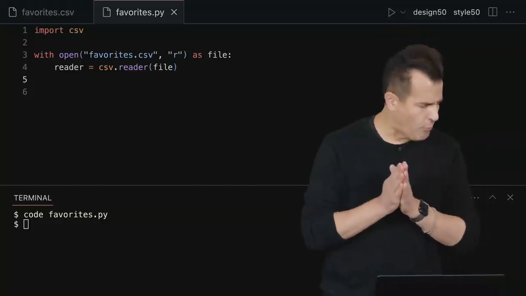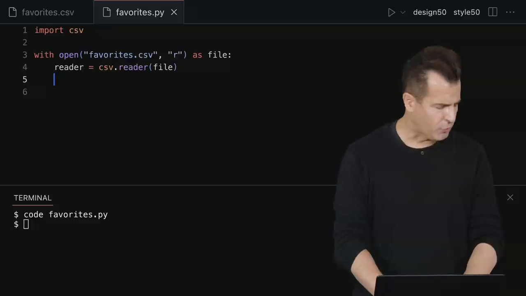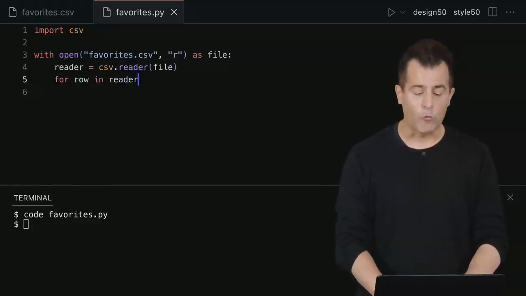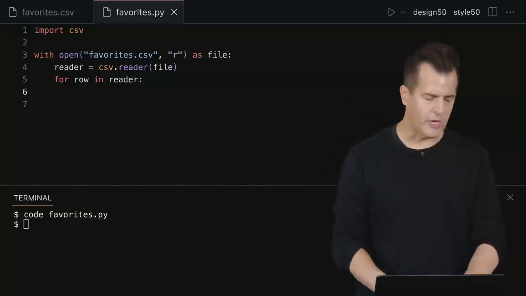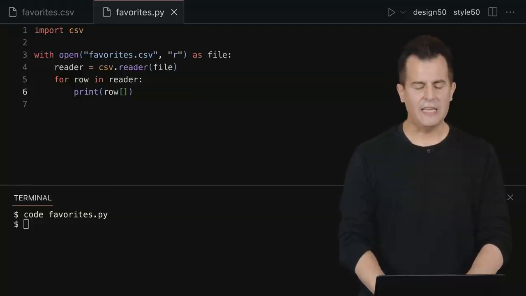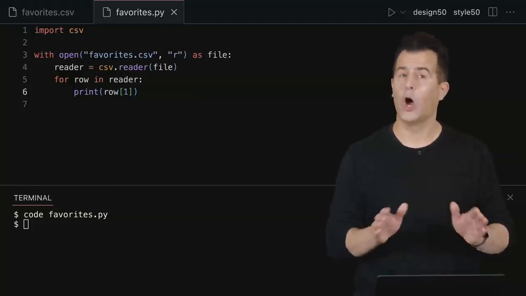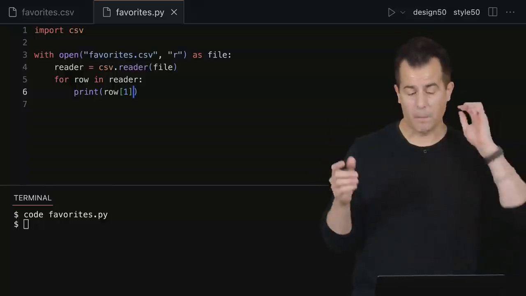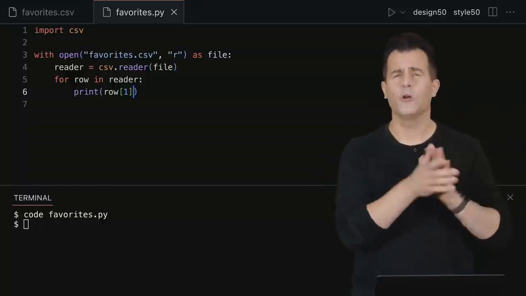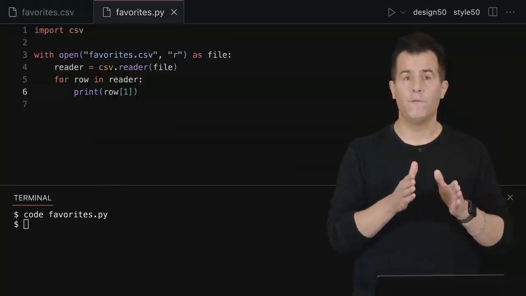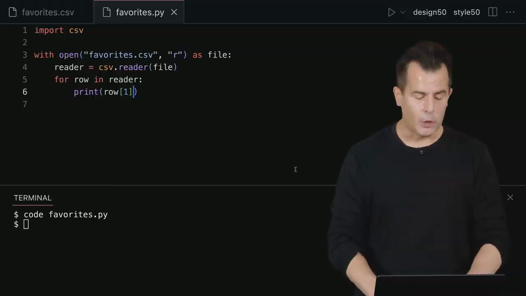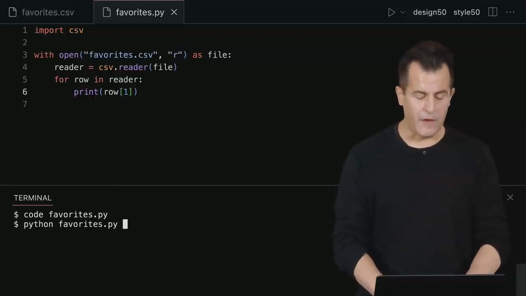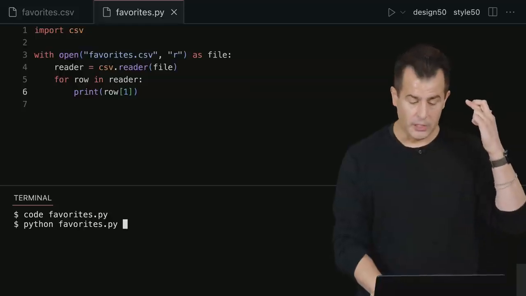Now, for the moment, I want to go ahead and iterate over all of these rows. So for each row in that reader, and this is wonderfully useful Python syntax for just iterating line by line over this so-called reader, let's just go ahead and do something simple like print out the second column we see in that file. So recall that these columns are going to be 0-indexed as are Python lists. So 0 would be the timestamp, and I don't really care about that. 1 is going to be the favorite language, and 2 is going to be the favorite problem among our problem sets. Let me go down now into my terminal window, run python of favorites.py, cross my fingers as always, and